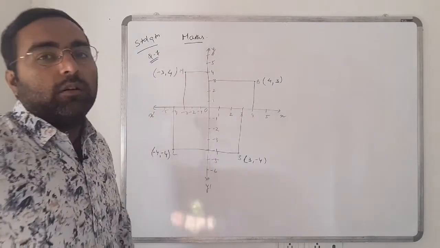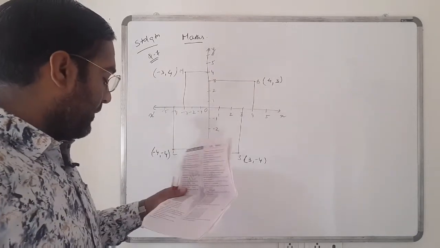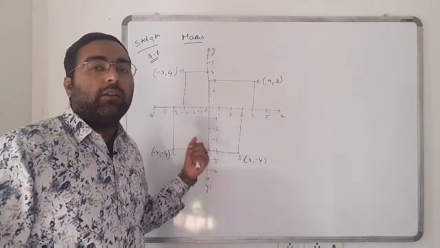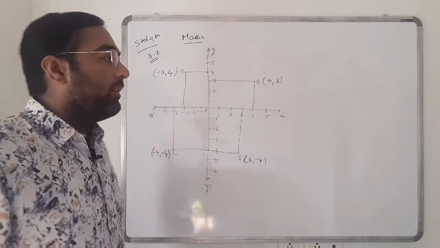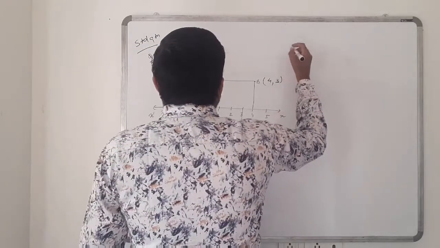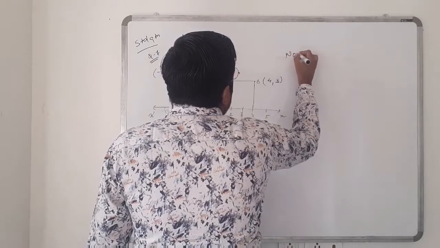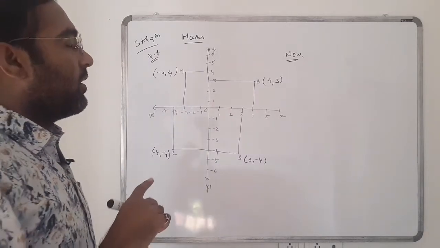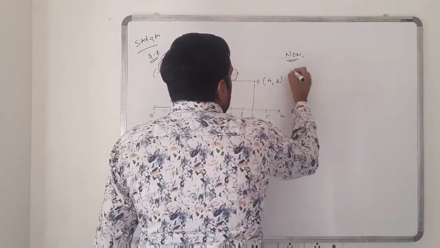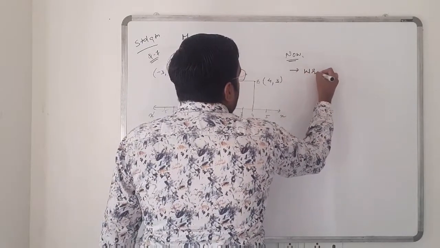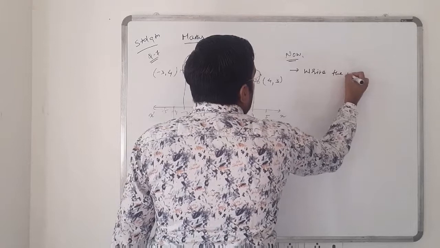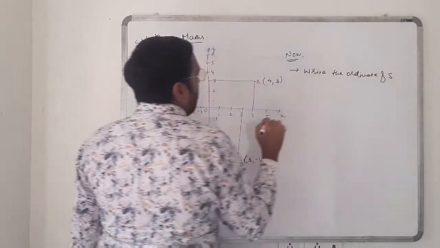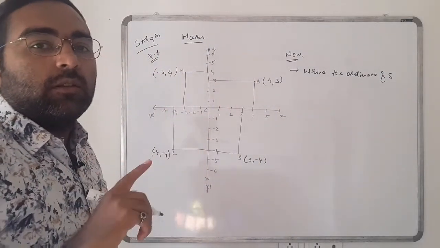Now I'll take the important things in this question and I'll twist this question. So now students, you must give the answers to these questions one by one. Okay, so the first question is: write the ordinate of S. You should also write the answer as the following.